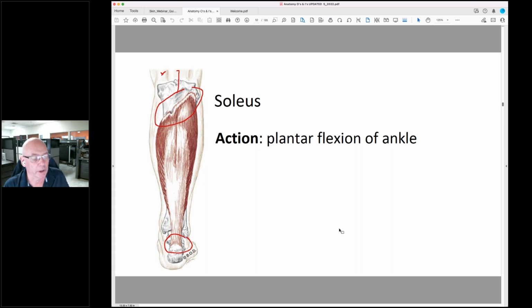All right, so it's a very powerful muscle. It pulls against the force of gravity to keep the body upright by stopping the body from falling forward. All right, it holds it upright. In that way, it's stronger than gastrocnemius in this action, because that's all its job is. It just plantar flexes the ankle. Okay,